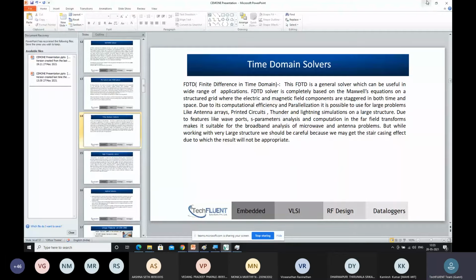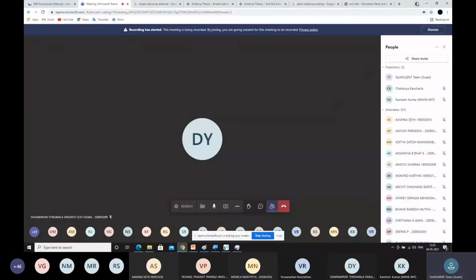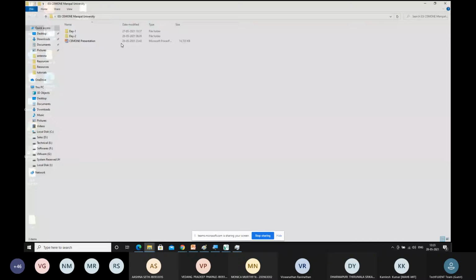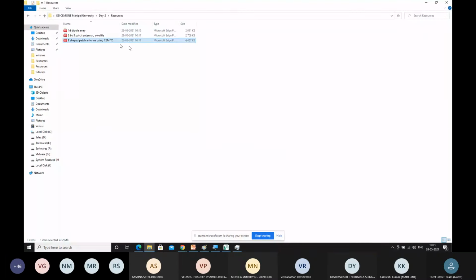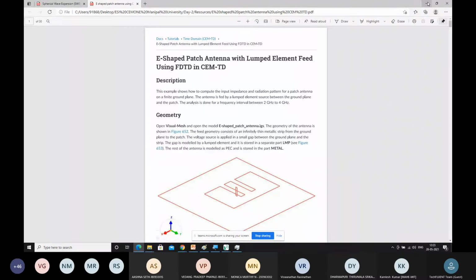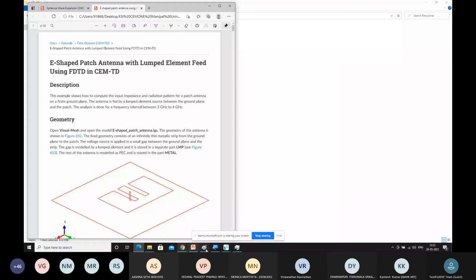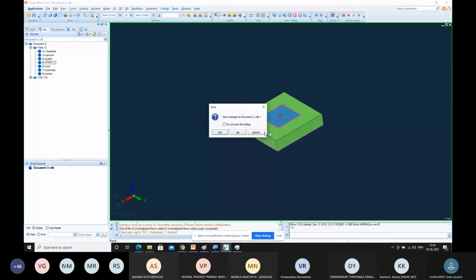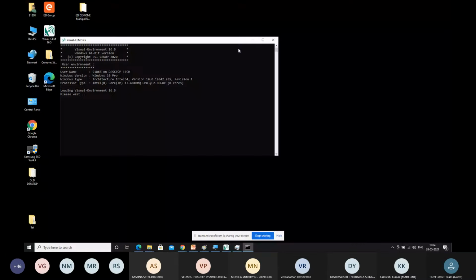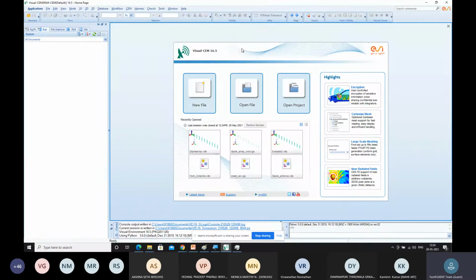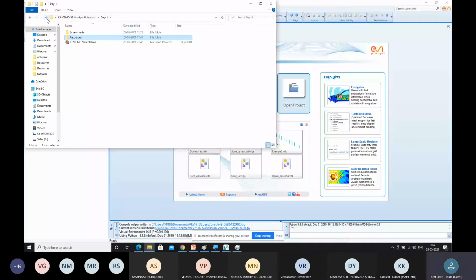So let me just open that. So I'll drop down the file.